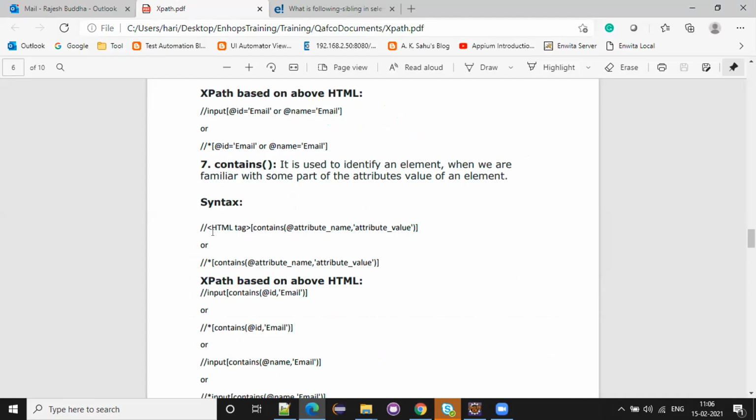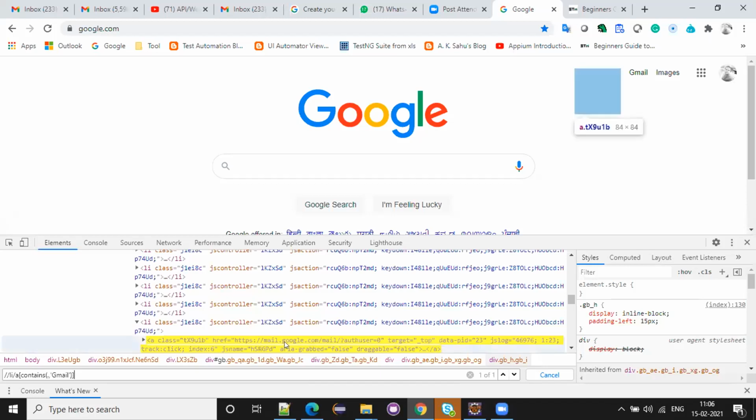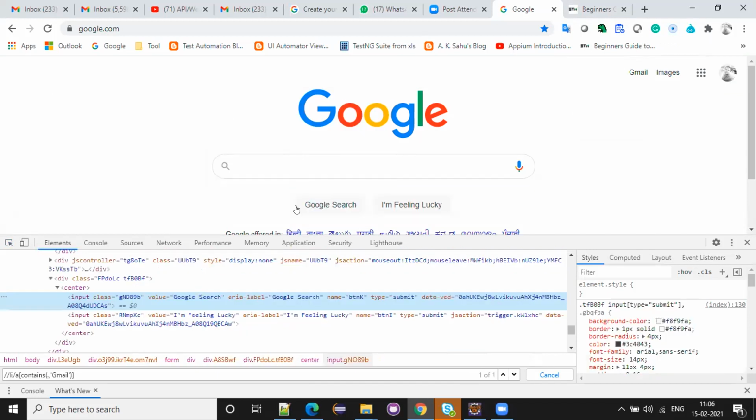Right? So here you can see tag name, contents, attribute, comma, value. But instead of attribute I put a dot, though I will keep attribute also, so you will get much clarity. If we don't know the attribute name, we keep a dot. If we know it, we can directly put the attribute name. Exactly. So for example, we are writing for the Google search.